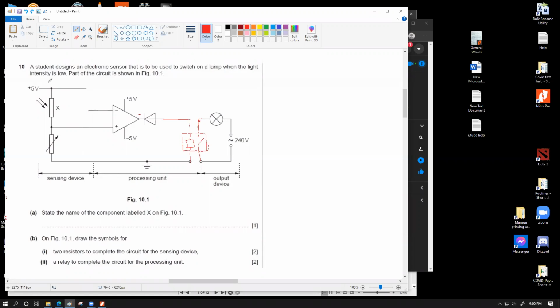When light intensity is low, then this one is consuming less voltage. So this one has a voltage more than plus 2.5, and this one has a voltage less than plus 2.5. Okay, yeah. Makes sense. We just have to draw two equal resistors over here, R and R. And also we have to give the other